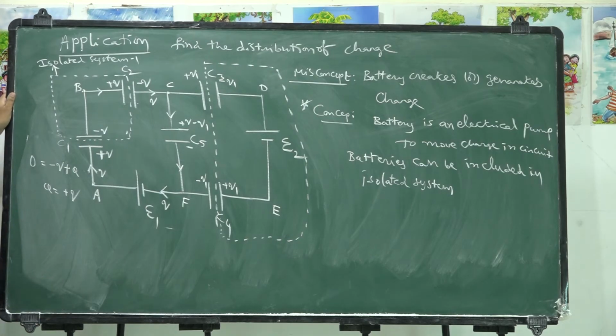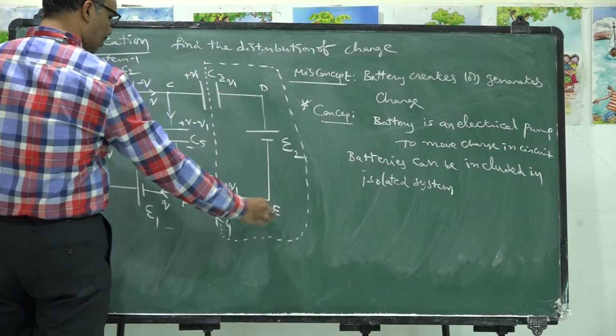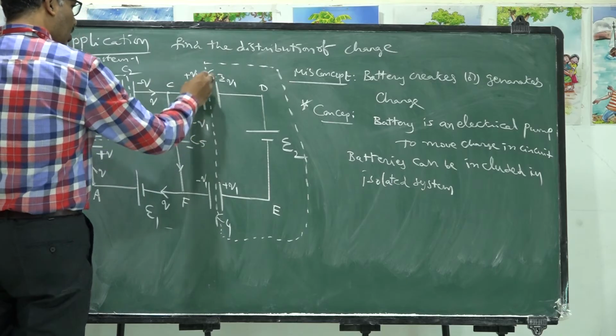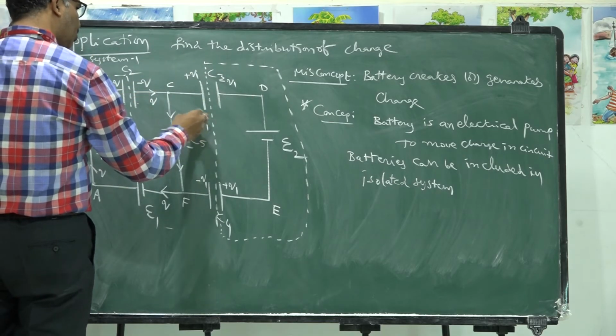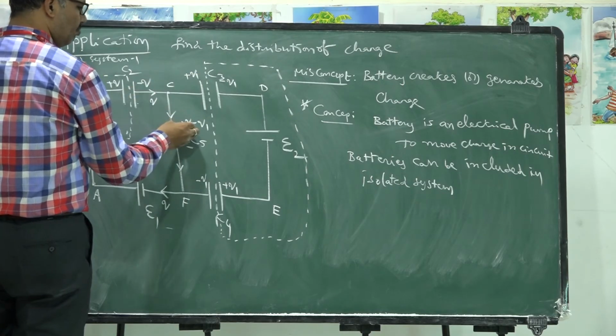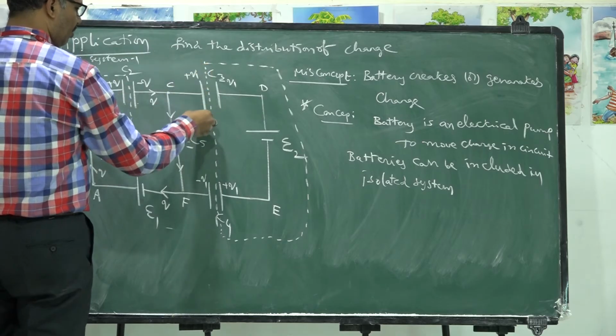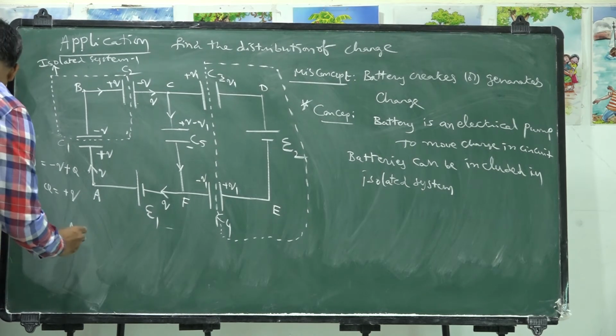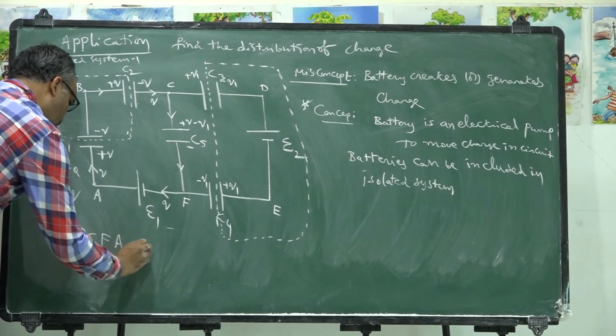This is the distribution of charges here, and you can apply the loop law. I already applied the junction law in this portion of the isolated circuit, or you may include one more isolated portion here, Q minus Q1. If you join them again, when you add these two, minus Q plus Q gets cancelled, plus Q1 minus Q1 gets cancelled, so it's okay. When we apply the loop law here, consider a loop. What is the loop I am considering? A, B, C, F, A is a closed loop.